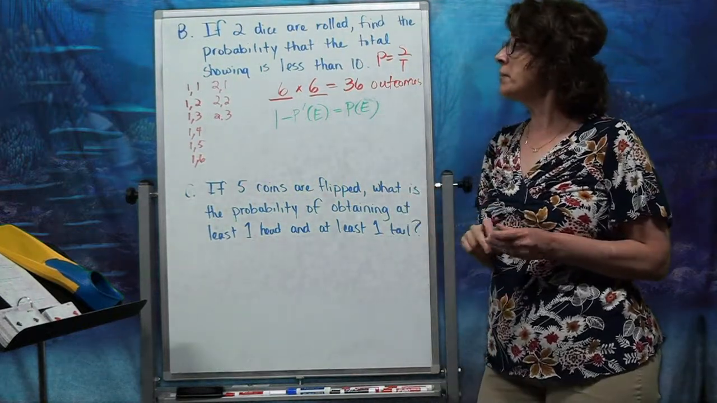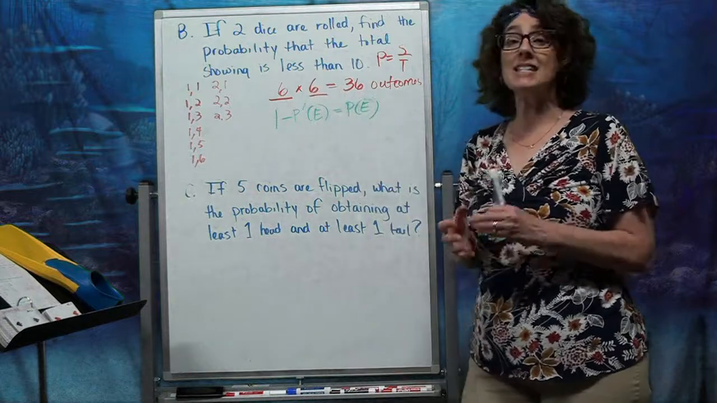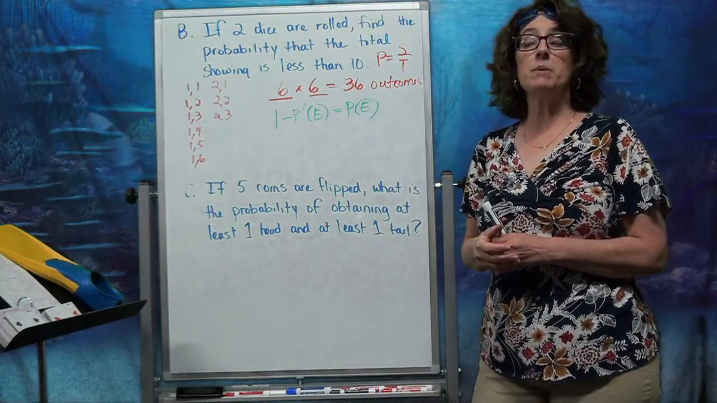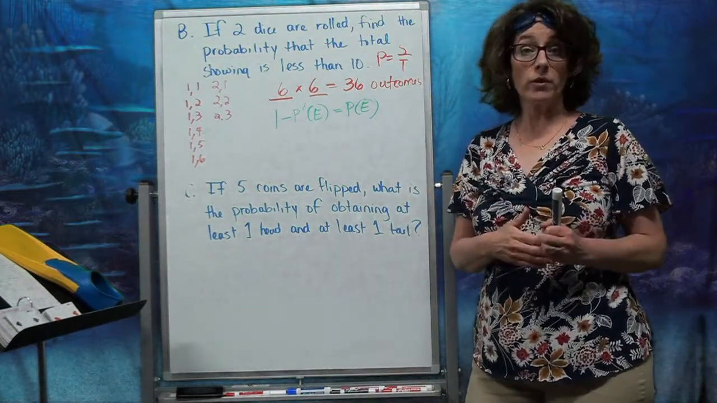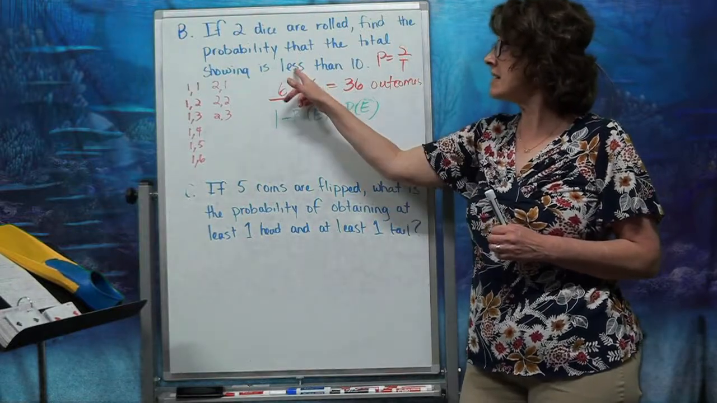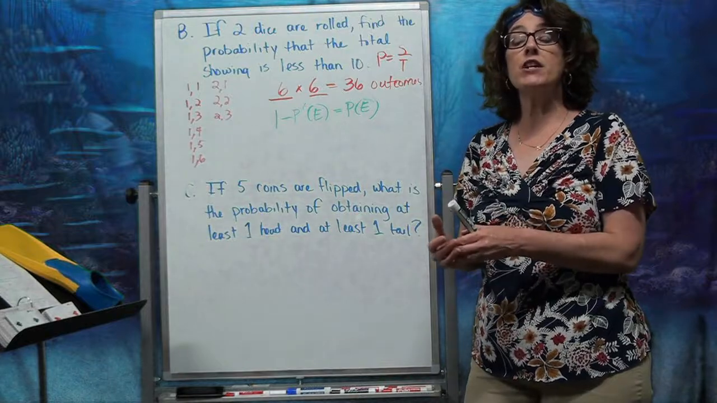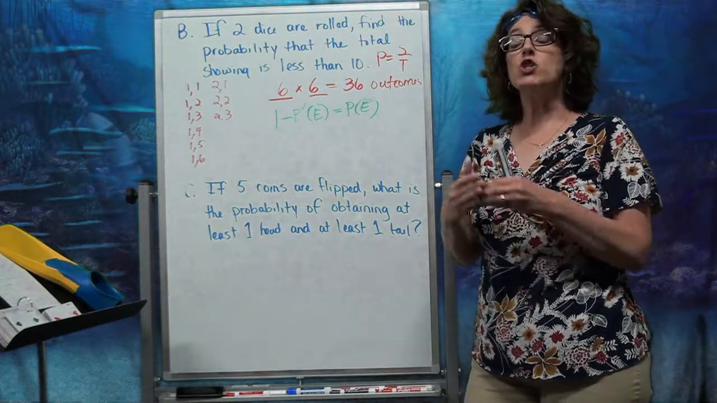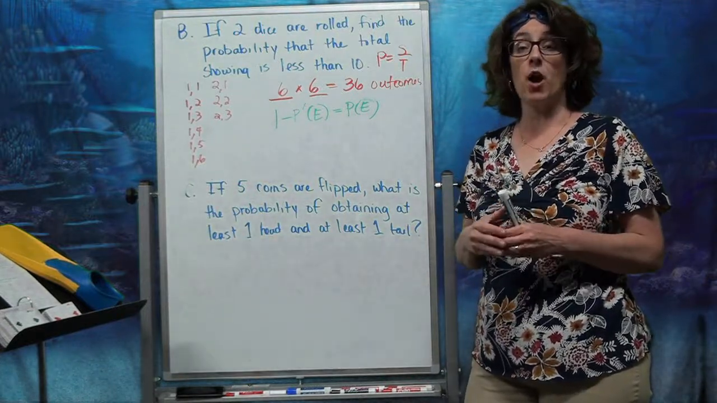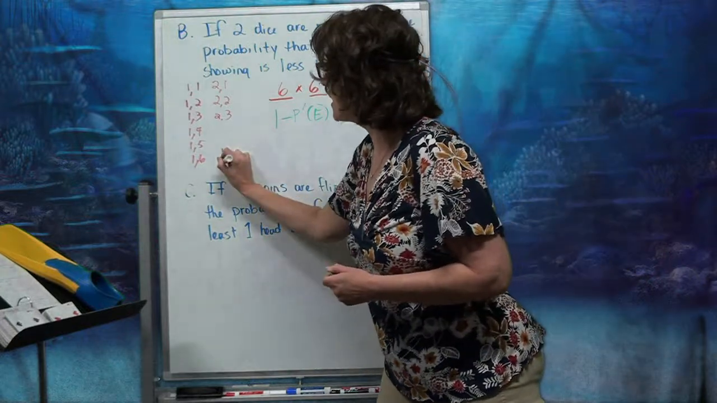So now that complement, instead of saying that it's showing less than a 10, complement would be 10 or more. 10 is okay because this says less than 10. Anything smaller than 10, everything totaling up to a 9. Totaling 10 or more is going to be that complement. So that complement of that event then